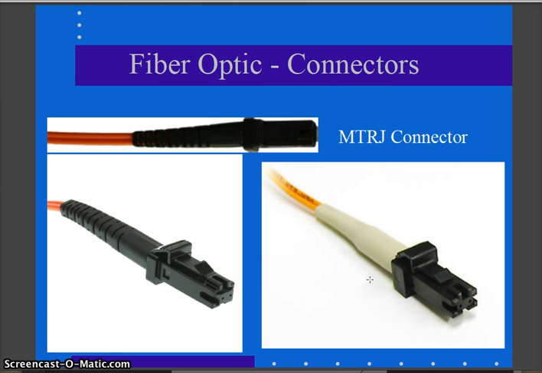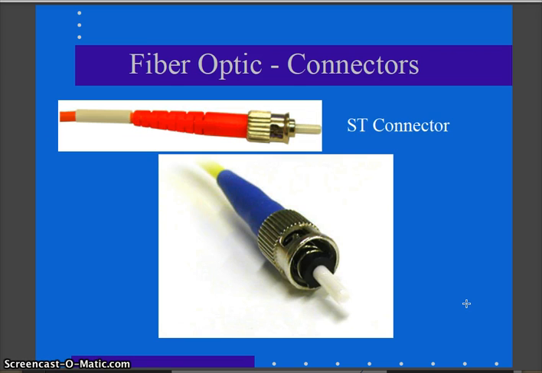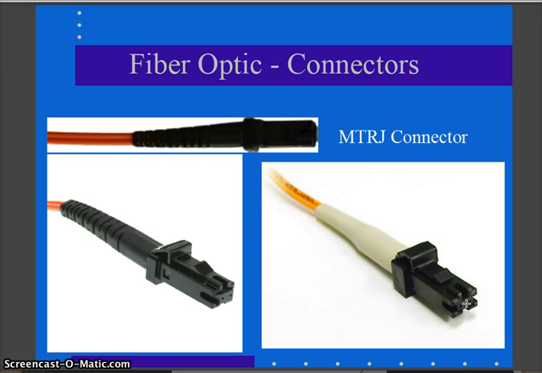This got replaced by MTRJ for a little bit, not long, but for a little bit. It kind of reminds you of a mini RJ45. That's the MTRJ connection there. Both fibers are in one connector. If you look at the other ones, they are individual fibers per connector and take up a lot more space. This was supposed to be a low profile, both fibers in one connector, but it's hard to get both of